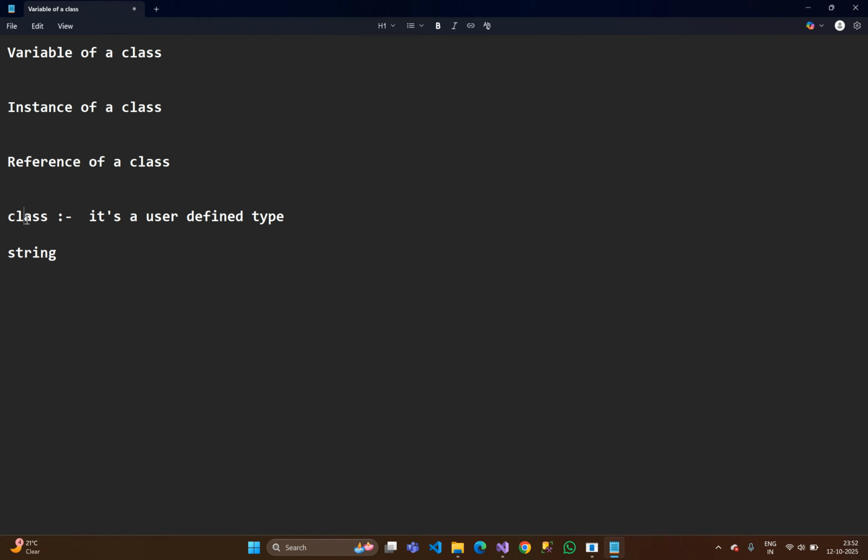First, we will discuss class. What is a class? It's a user defined type. What does it mean by user defined type? Suppose we have a string. What is string? String is a data type, and class is also used to create a user defined data type. A string like that is a data type that is not born, that is developed as a class,